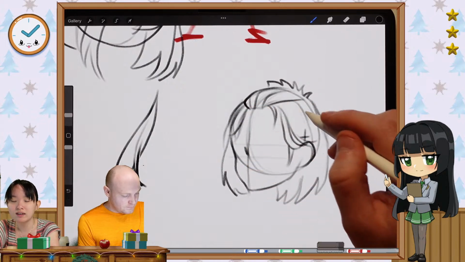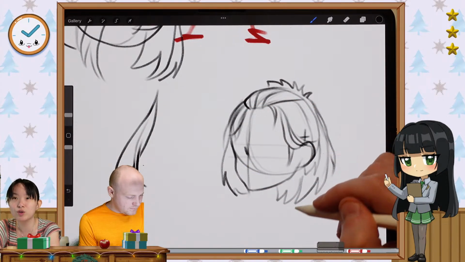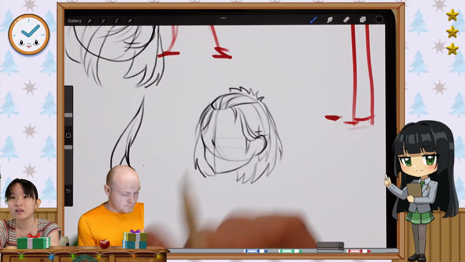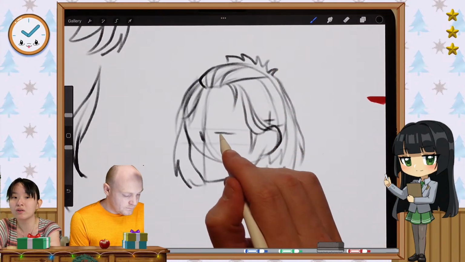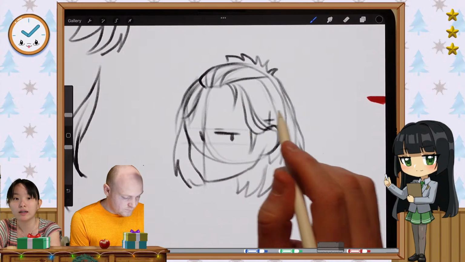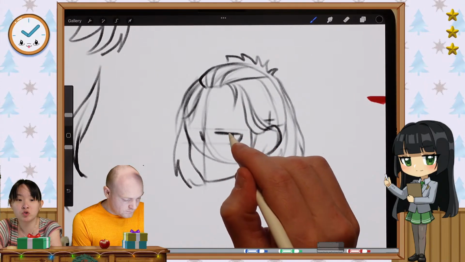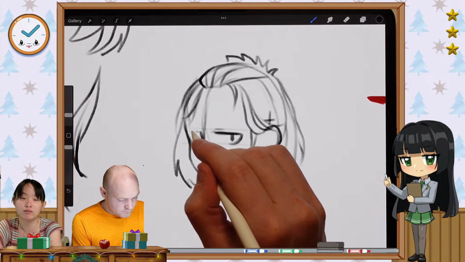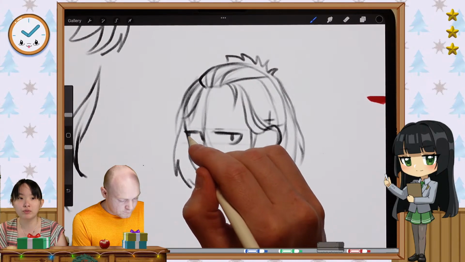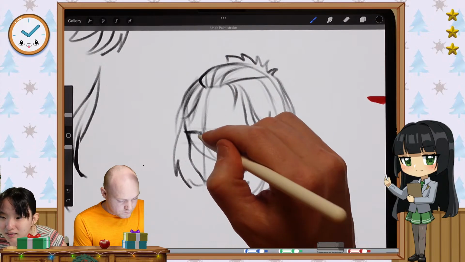If you were to say how to get better and proficient at drawing hair, I would say do a lot of exercises. I don't know how much you practice. For me, it took a while, like years, but that's just because I drew a lot. The more you draw consistently, the faster you'll improve.